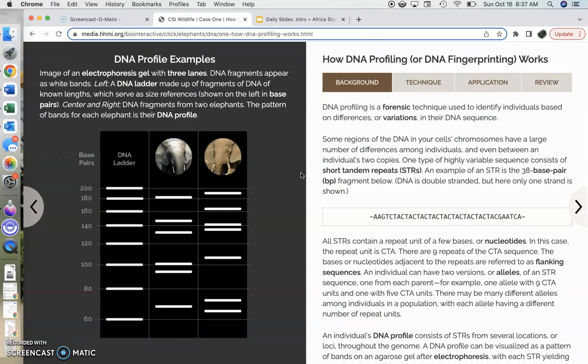So in general, we can see that we've got a couple elephants here, and we're using some kind of technology. It turns out that what we're doing is something called DNA profiling or DNA fingerprinting, even though it doesn't have anything to do with fingerprints, but that's the term that's used. And what we're really doing here is taking advantage of these things called short tandem repeats, which is a section of a gene that has really variable or really different